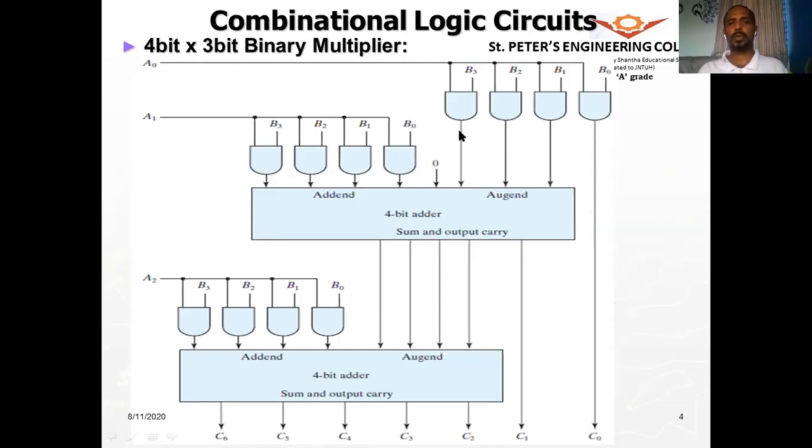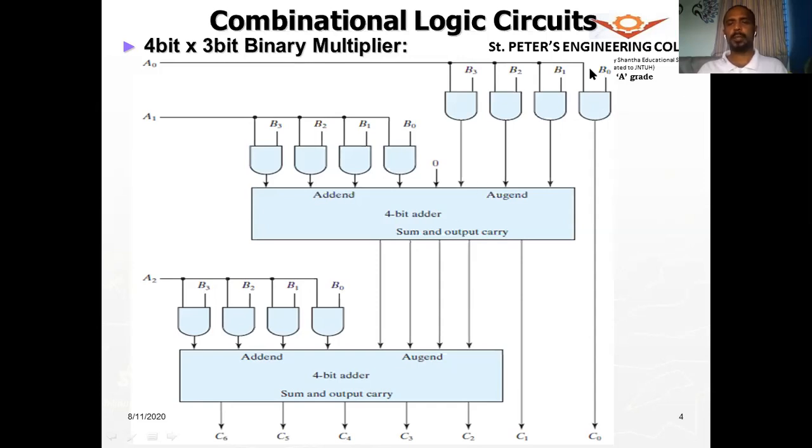All right, so when I multiply that, you see 4 into 3 is how much? It is 12. So I require 12 AND gates, and since it's a 4-bit number, I am using 4-bit adders. As you can see, there are adders inside this. Each adder will have 2 adders inside, so 2 plus 2, I mean, 2 4-bit adders I will be using.